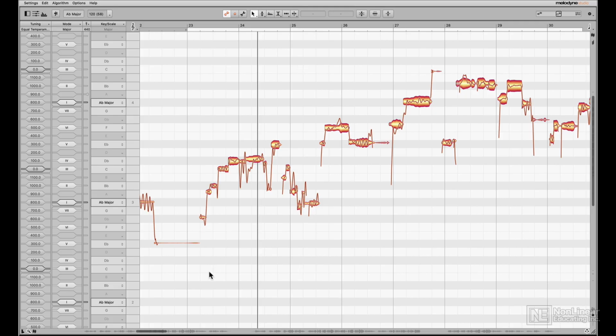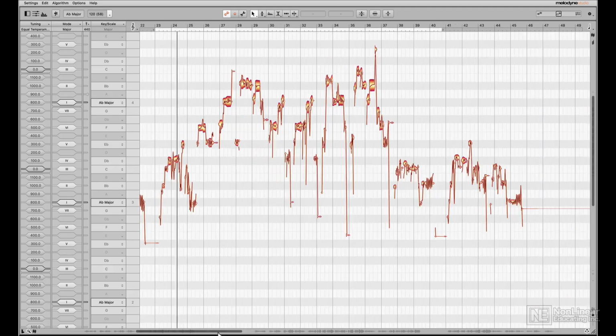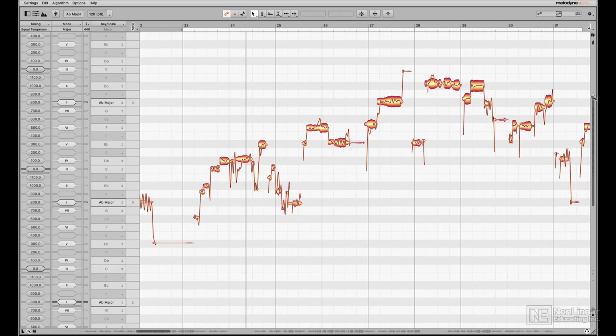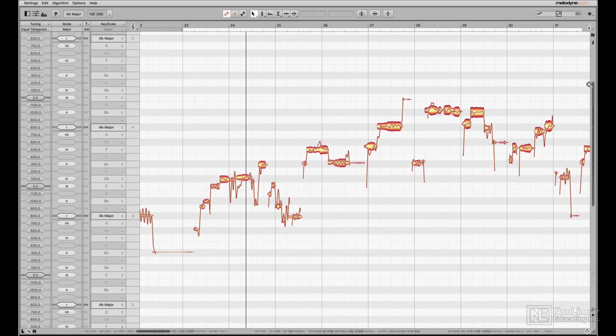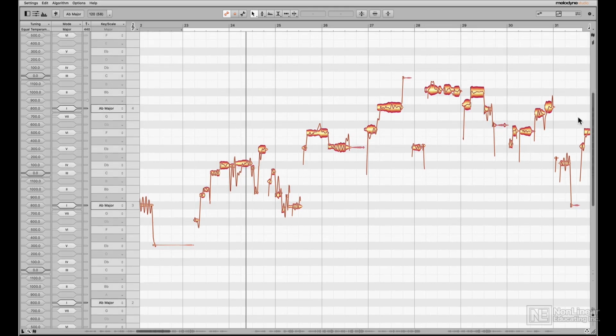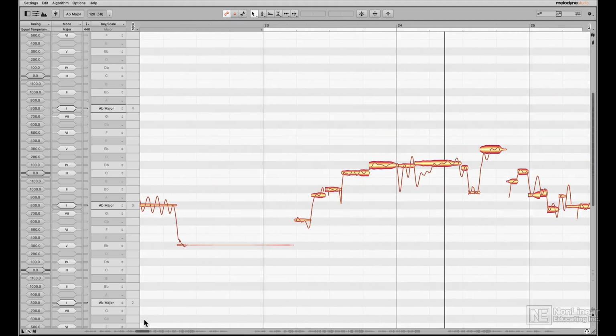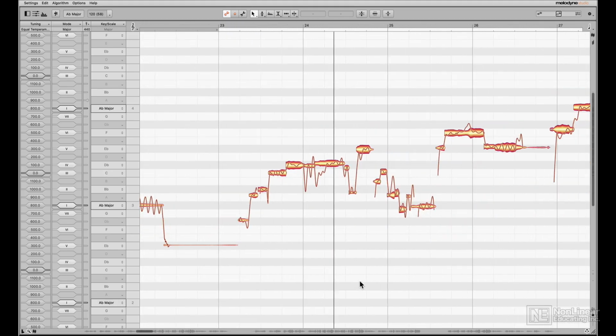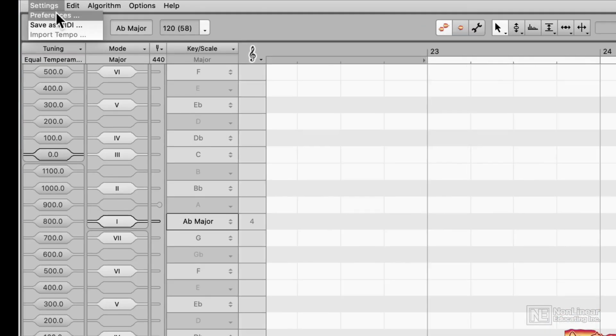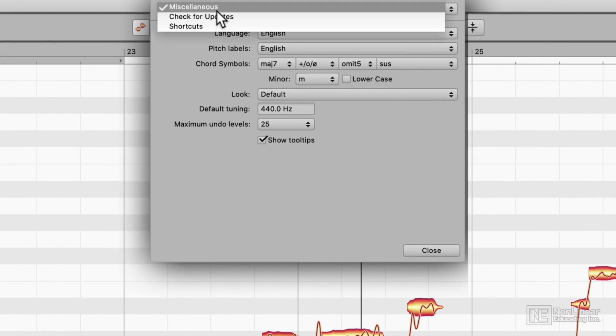The second is for horizontal zoom. You can horizontally zoom by adjusting the slider down here, and you can vertically zoom by adjusting the slider over here. Now, with vertical zoom, I tend to just keep it in one spot and not touch it, but with horizontal zoom, I find myself zooming in and zooming out quite a bit, so having a custom shortcut for this will really be helpful. So to do this, you'll go up to Settings, Preferences, and then from here, go down